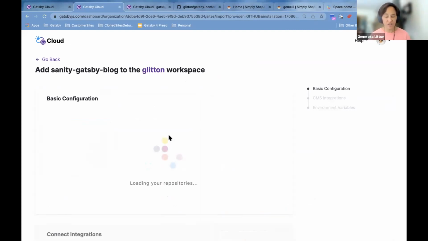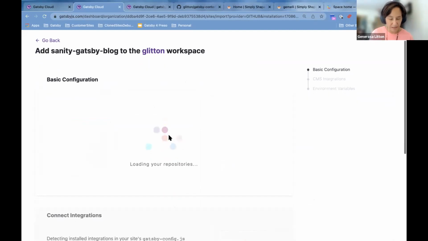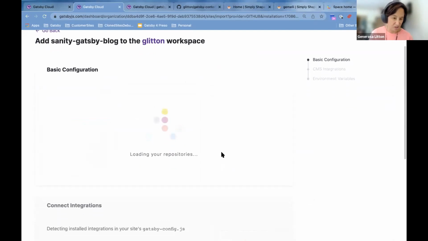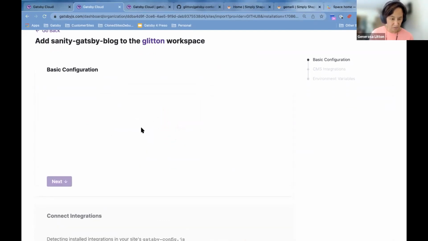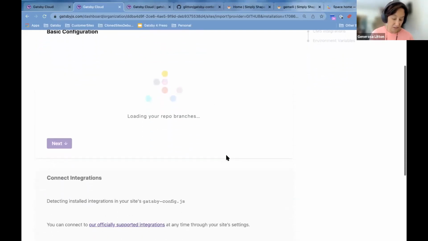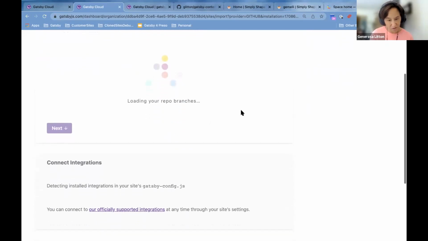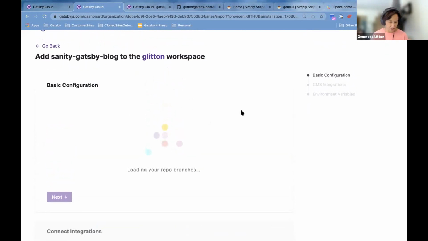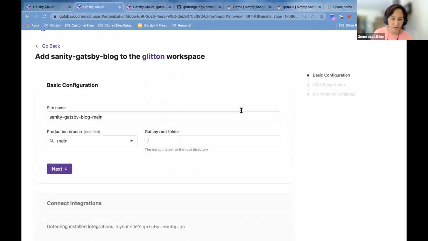Now I will just pick it. Gatsby is going to look at this repo and the environment here. My internet connection's a little slower than most, but once it gets going, it'll ask which branch I would like to use as the main for the build.